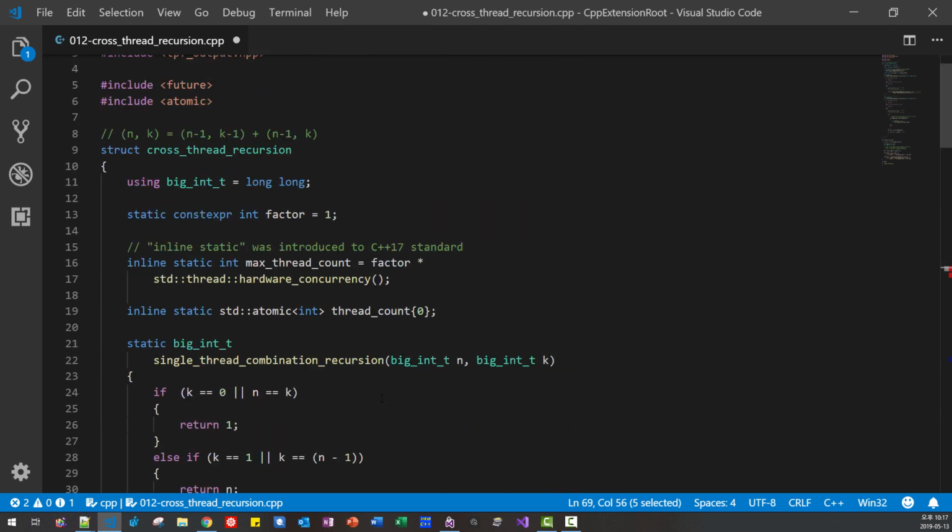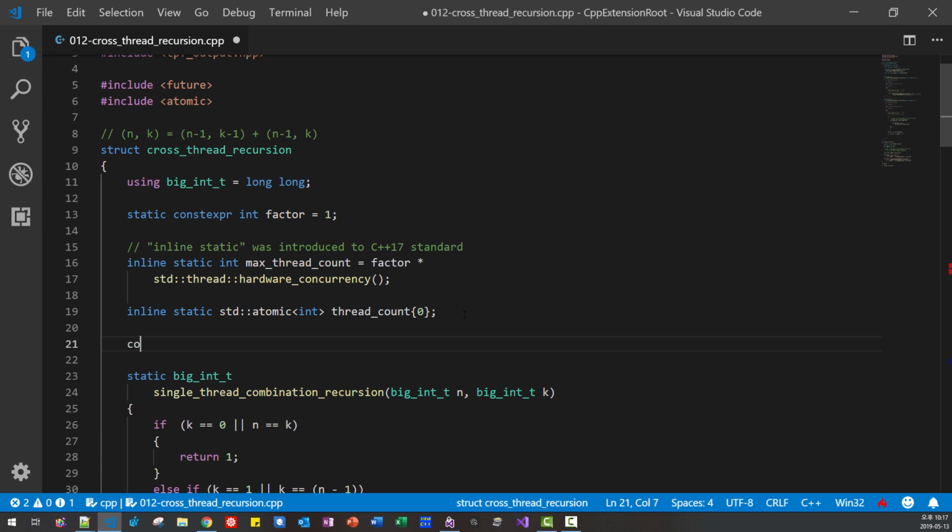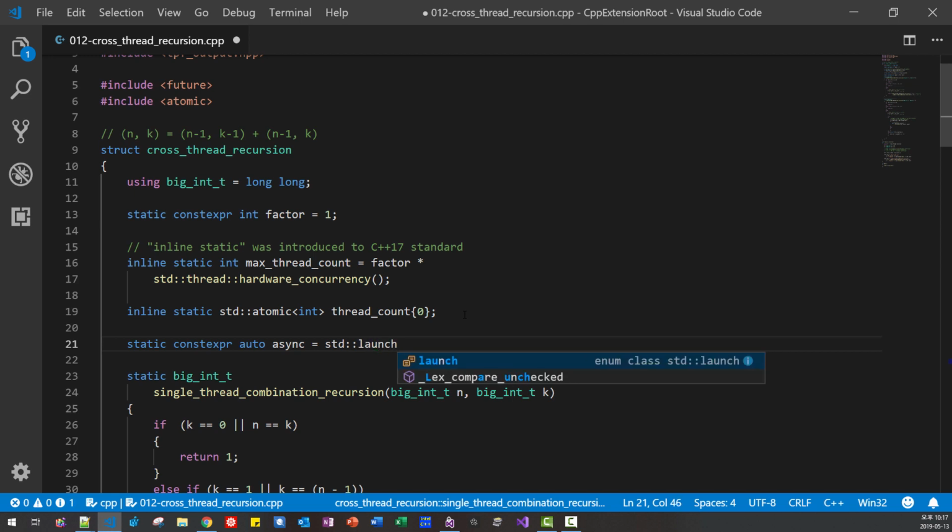I have the liberty here. Context pair, I will use static context pair, static context pair or async, std launch async.